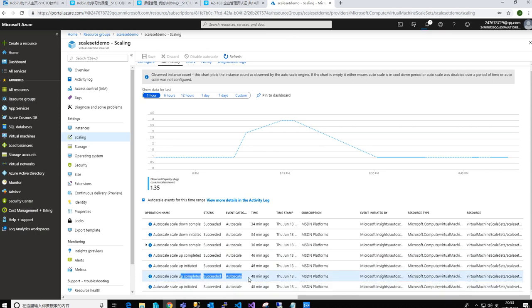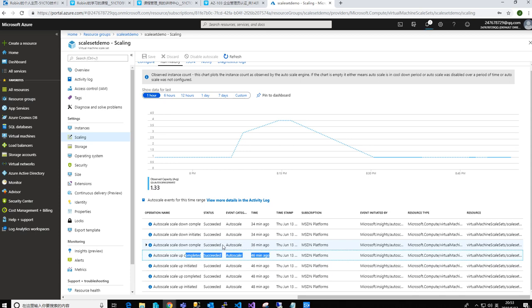So scale up complete. That's for 2 virtual machines, right? If it's higher than that, it provisions 2, and if it continues to be higher, it provisions another 2, but I only have 4. It's 3 now, so it can only provision 1. That 1 is complete, and now I turn it on,